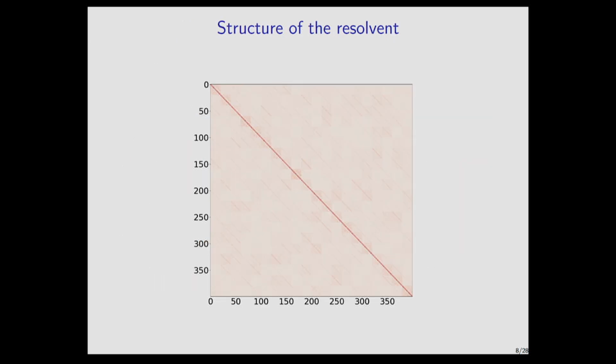This is just a numerical simulation for n equals 20. So it's a 400 by 400 resolvent matrix. And I'm showing you the modulus of the entries of the resolvent. On the diagonal, you see these large order 1 entries. And you see these sort of faint 20 by 20 blocks. These are the partial off-diagonal entries. You also see these stripes off the diagonal. These are the off-diagonal entries in the other Kronecker factor. And then the fully off-diagonal entries are 1 over n. Okay, so this is a picture of what I'm explaining.